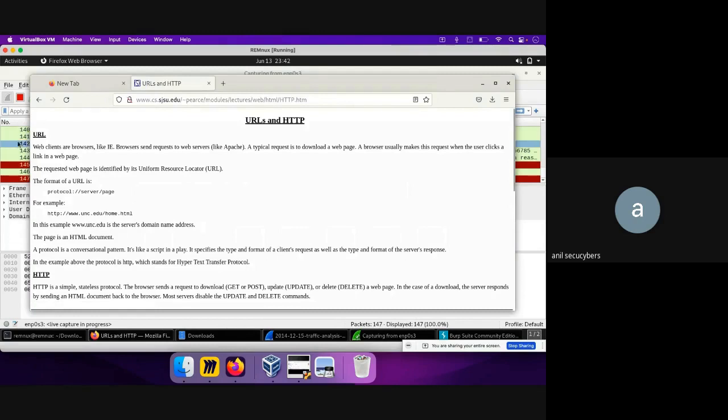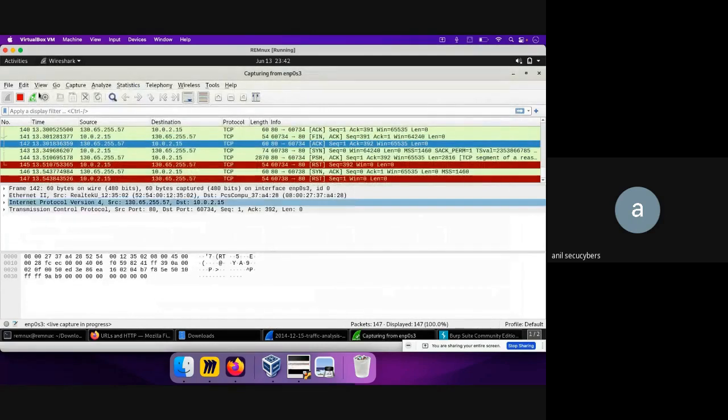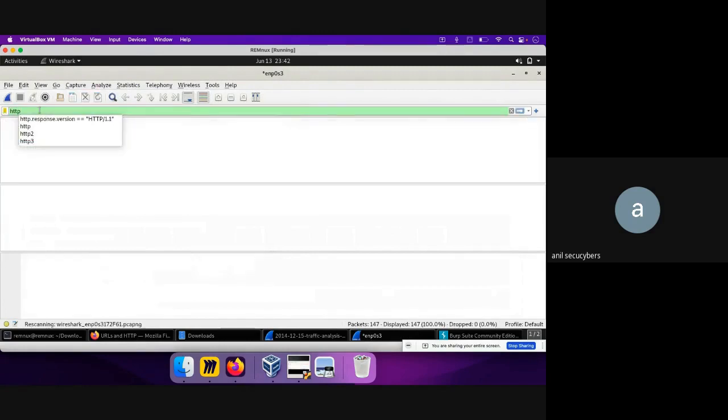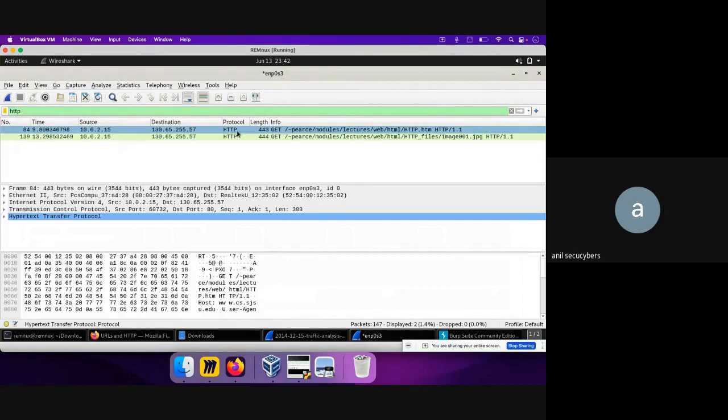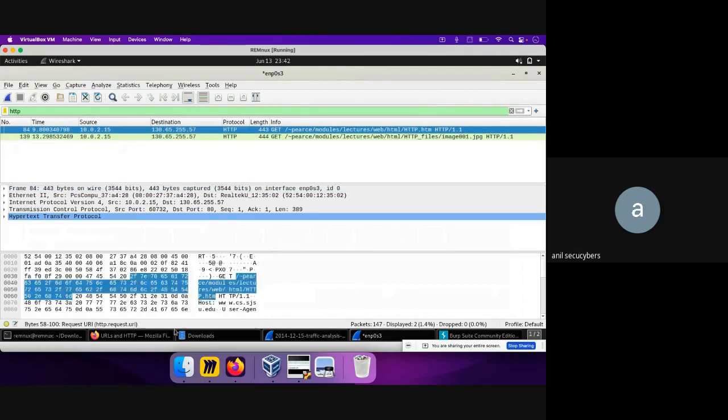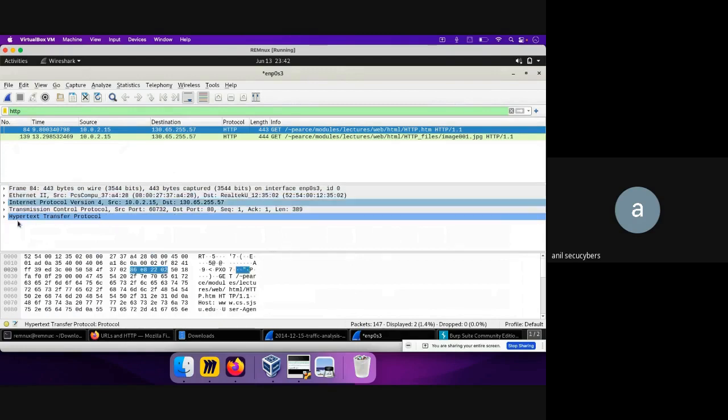Now if you go ahead and stop the packet capture and type HTTP, you get that there has been a request from my Remnux host toward the destination server, and a GET request has been sent out. If I make multiple requests, it's actually really hard to